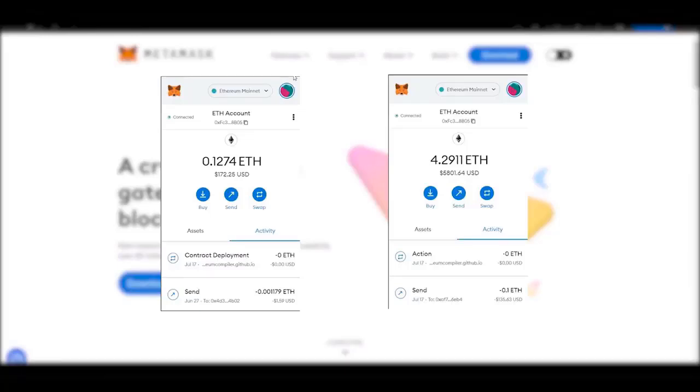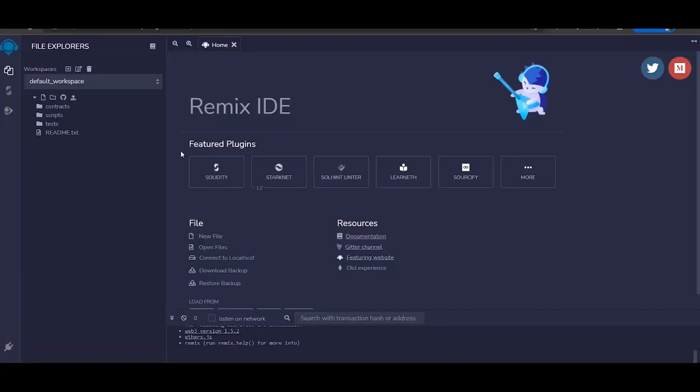First, you're going to have to go to Remix. This is where we're going to write the smart contract to commence the flash loan. When you get there, you can click on the File Explorer, and you can go to this little thing right here, and it'll pop up saying create a new file. You're going to create a new file and call it